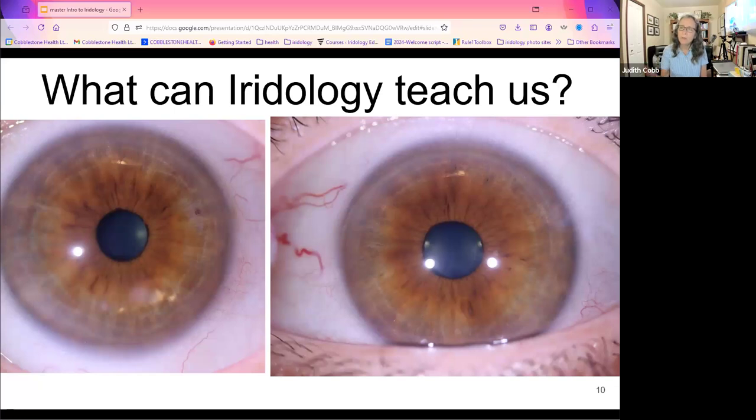So when we see that in an eye and we talk with them and we understand that, yeah, they internalize their stress and they're a little edgy all the time, we know that then we're going to need to do some support for the nervous system, for the adrenals, food choices, herbs, vitamins, maybe teach them meditation, get them doing yoga, get them going out into nature, literally tree hugging, things like that.